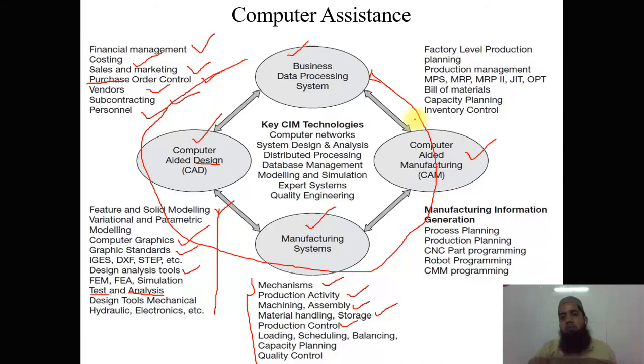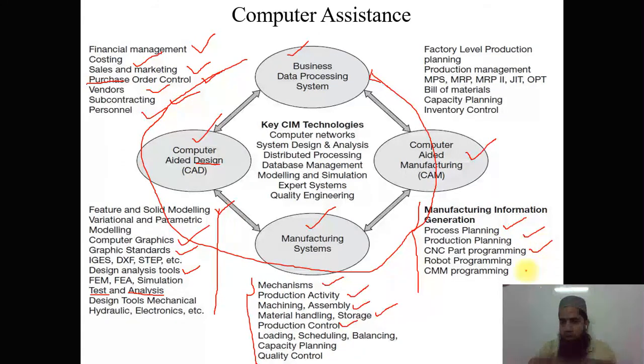Okay, the next department that comes into the picture is called computer aided manufacturing. In that we have two major parts, you can see over here. First, the manufacturing information general. In that we are doing process planning control, CAPP, computer aided process planning, and net production planning. This is the planning they have done.